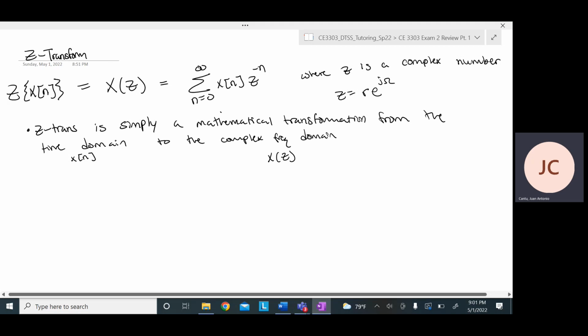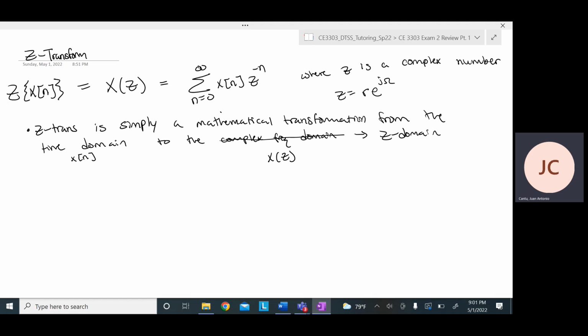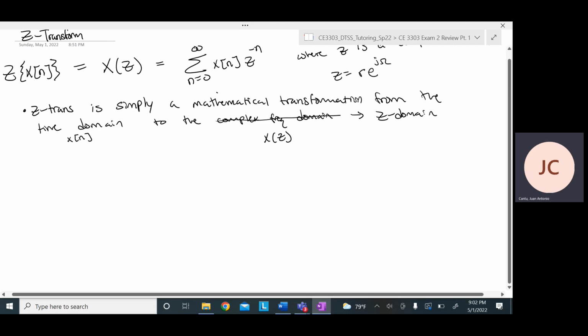So really, until we get to DTFT, I personally like calling this the z domain because it's more mathematical than anything, whereas when you think of frequency, you think of real world connotations. We'll get more into that in the DTFT, discrete time Fourier transform. For now, we'll just call it the Z domain. And what this is actually saying, because I know this still seems pretty generic, is